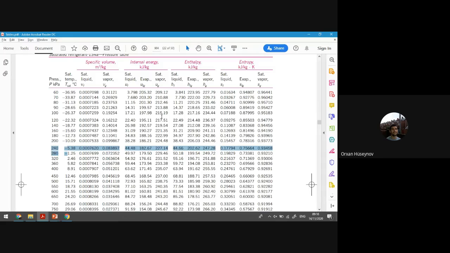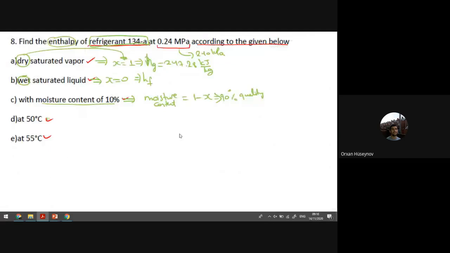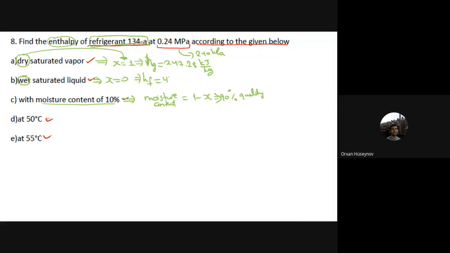HF will be the first one, which is 44.66 kilojoules per kilogram. This is the HF, and this is the Hg. Then I will solve the C part, which says to find the enthalpy with the quality of